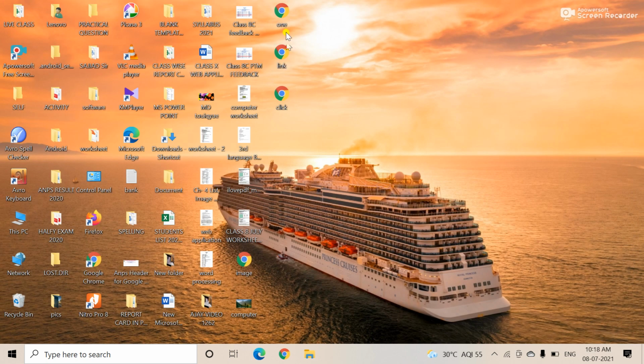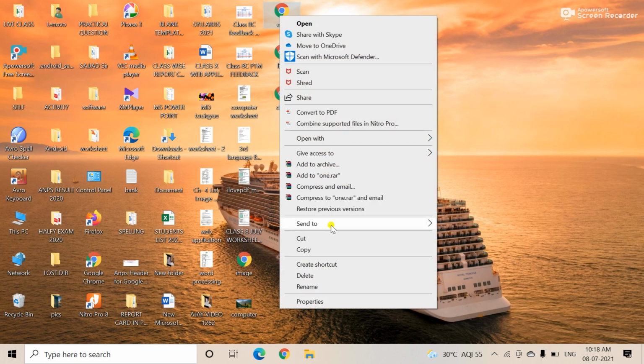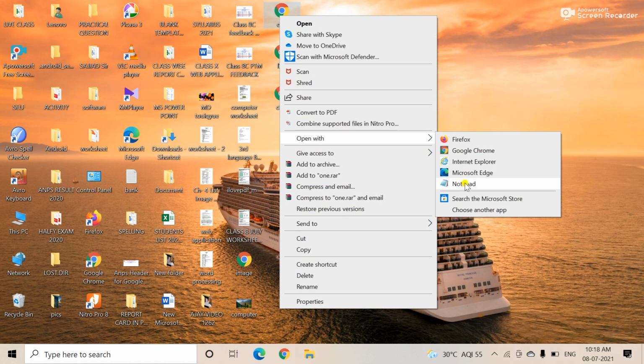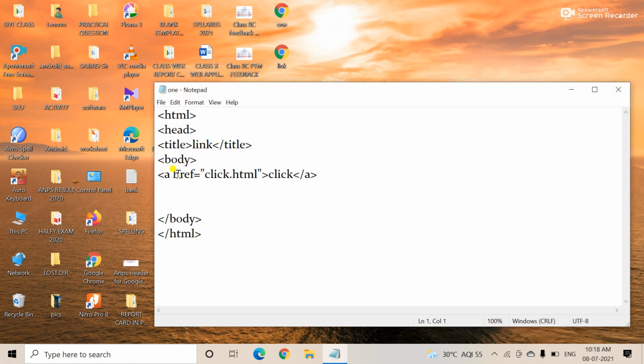Again I am showing which tag is used when you link from one page to any other pages. See here the a href, this is the very important thing when you create a link from one page to any other pages. The a tag is also called the anchor element. Okay, and this anchor element is used to create the link. Actually it is a container element.